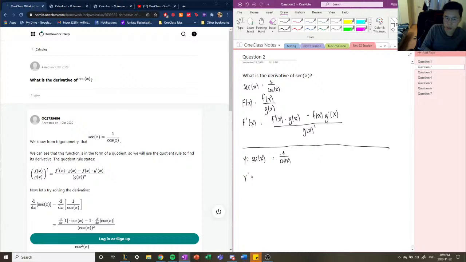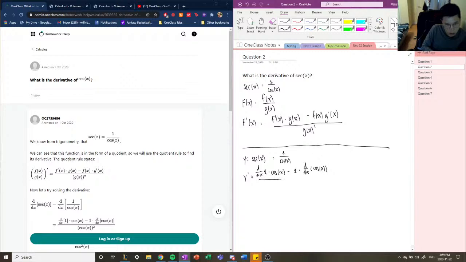The numerator is the function of 1, and the denominator is the function of cos of x. So we're going to use our quotient rule here. So it's going to be d/dx of 1 times cos of x, minus 1 times d/dx of cos of x,